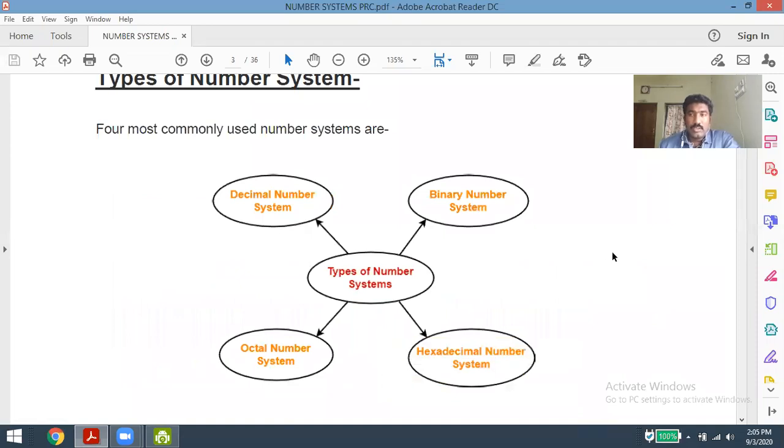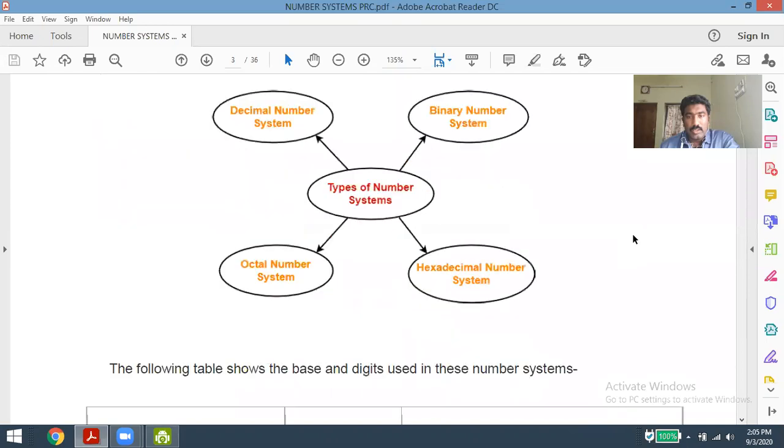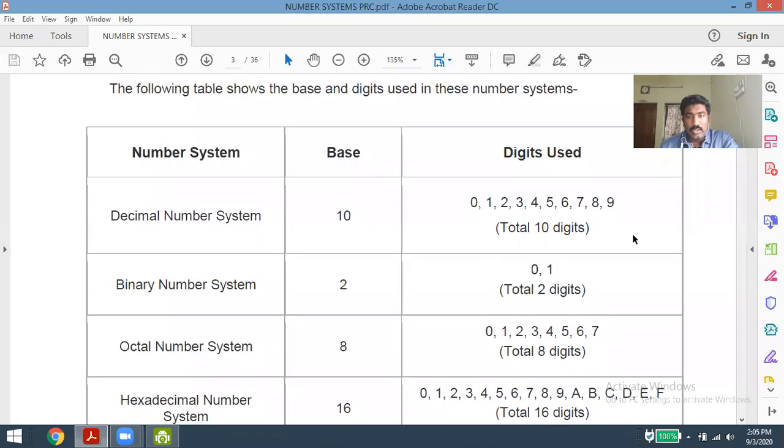So we have seen different types of number systems in the last section. That is the binary number system, the decimal number system, octal number system, and hexadecimal number system. And now in this class also we are going to learn all these four types and how to make conversions between these four number systems in depth or in additional ways.